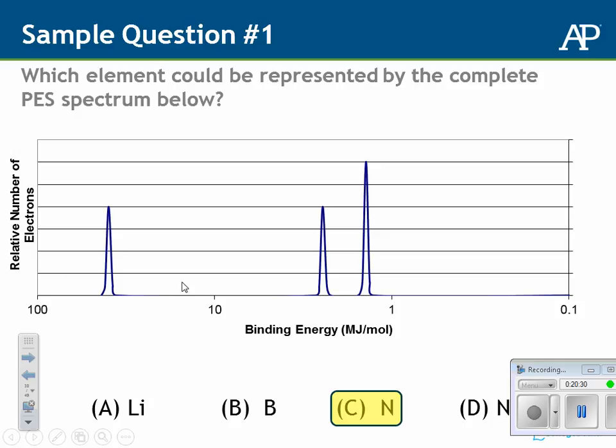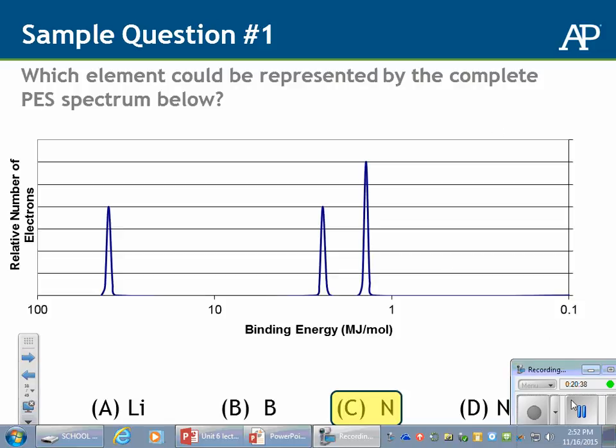So again, looking at the photoelectron spectroscopy data, you'll be expected to identify substances. One thing I will tell you to be careful with is to figure out where your zero is, because that would be farther away from the nucleus of the atom. Sometimes they have the zero to the left of this diagram. Sometimes they have it to the right. So the binding energy here, the nucleus is to the left,